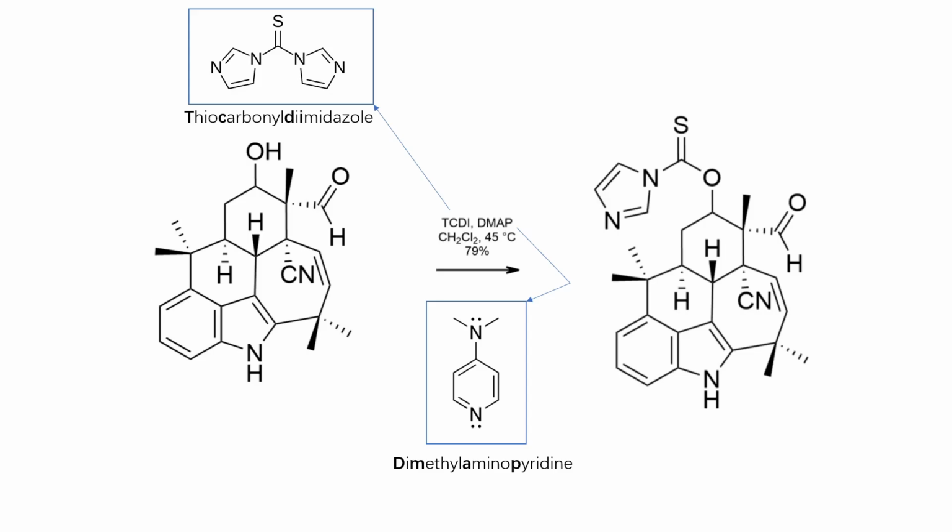Usually you could see some CDIs in those papers, but nowadays people usually use TCDI a bit more. It's easier to synthesize, I guess, presumably. DMAP as a catalyst. DMAP is a really common catalyst for nucleophilic attack, and it could also appear in those competitions for high schools. For example, for the